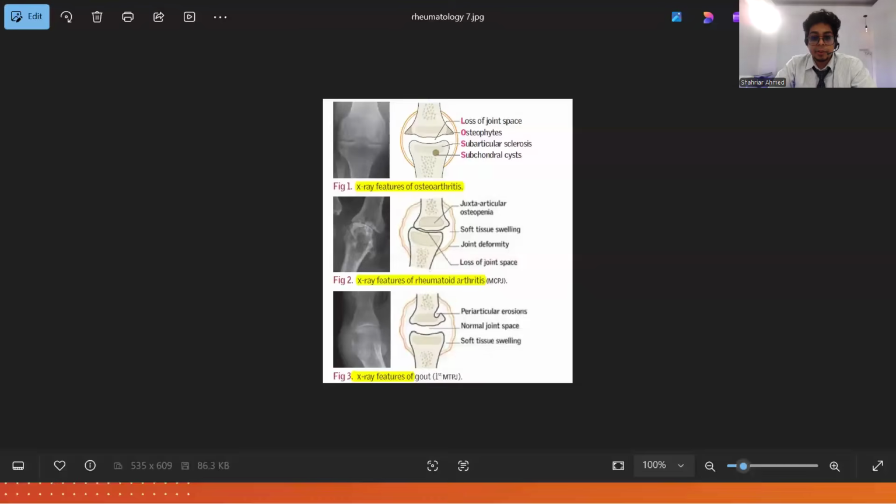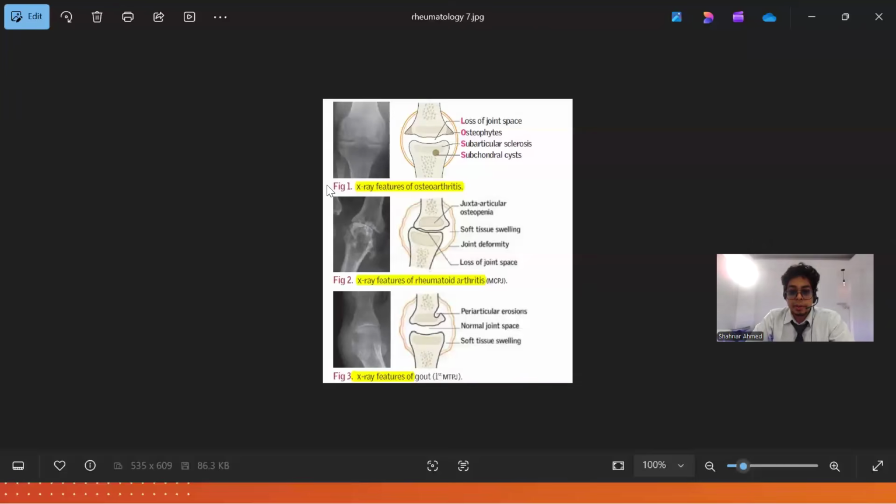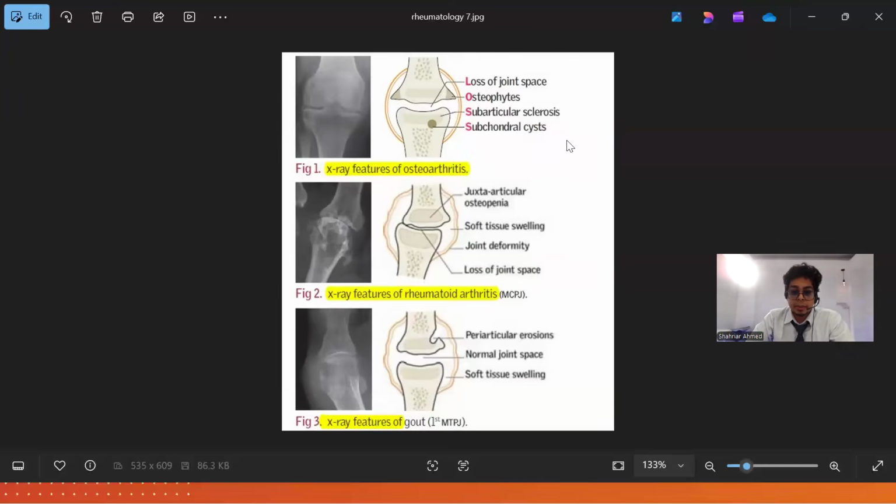Okay. We do have it in the note section. So first of all, don't worry. It's already given in the note section. The radiology I'm going to show you is already given in our note section.